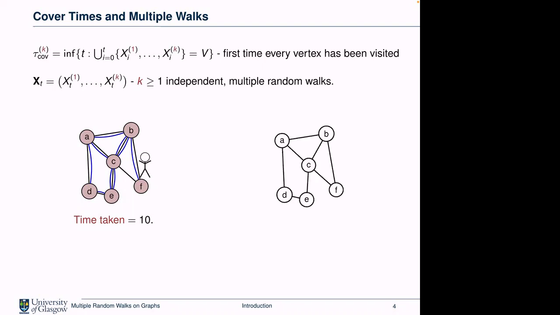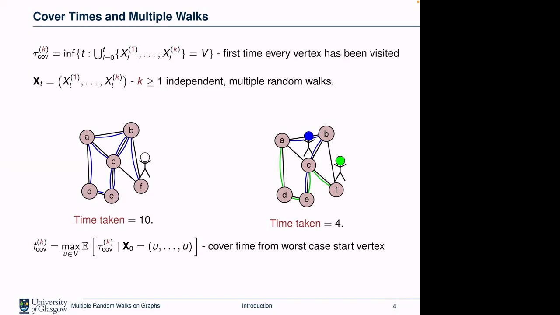Okay, so here's another example. We've this time got two walks. They both start at A, and they go their separate ways. So they're moving independently, each going to a uniformly selected neighbor each time. So now they're going to swap vertices, and then the green walker is going to go to F, and that covers the graph. So what we're interested in is the expected amount of time to cover the graph, so visit every vertex, when we condition on starting all walks from the same worst case start vertex. And we call this the worst case cover time. Okay, so this is going to be one of the